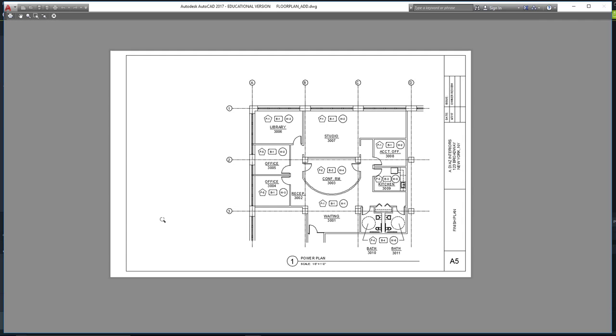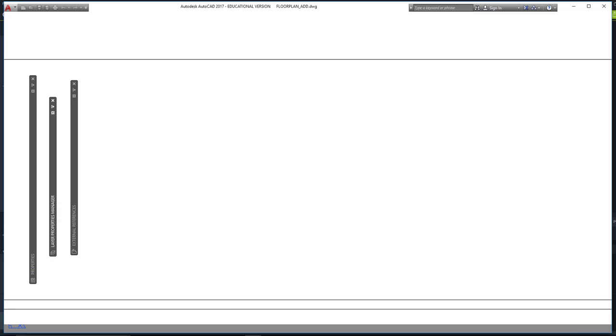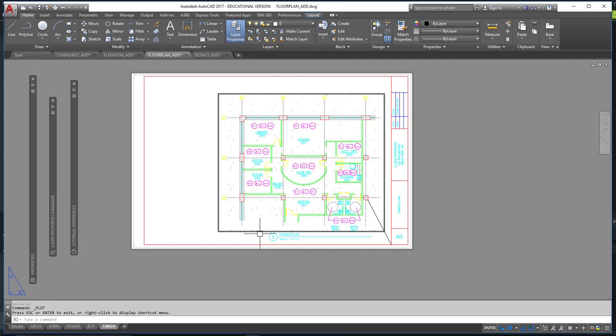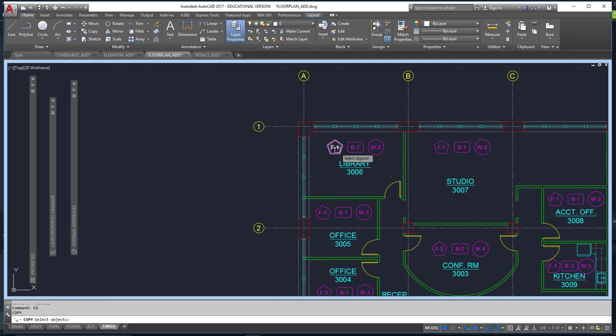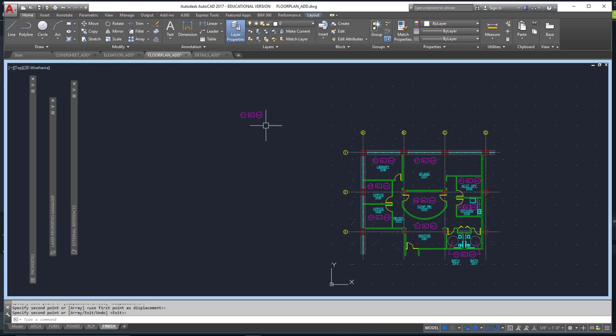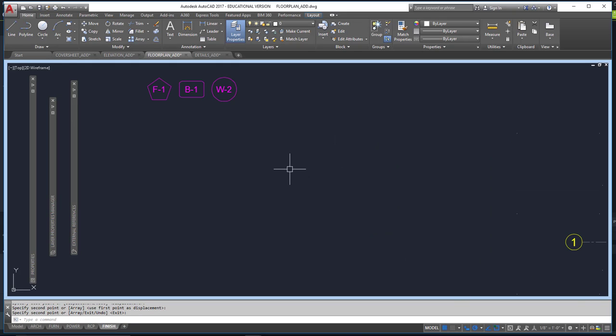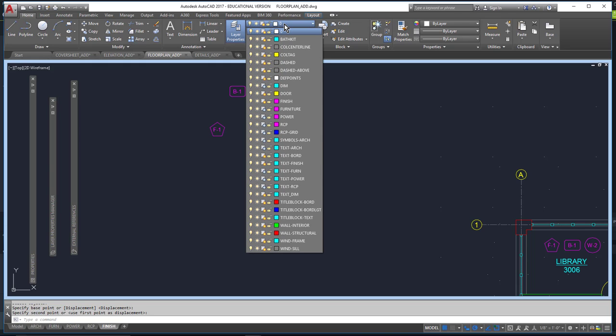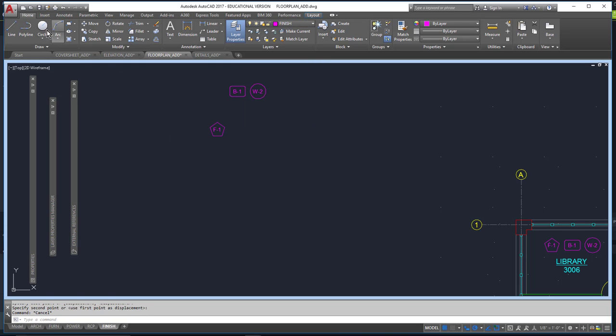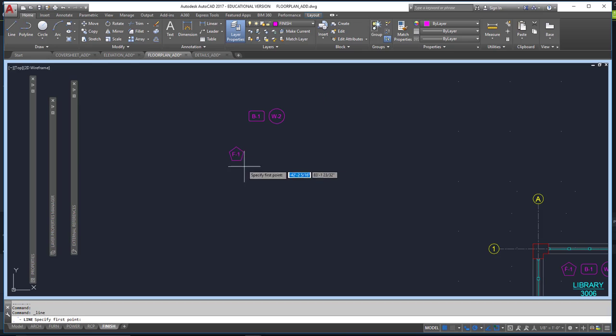Now I need a finish legend here, so I'm going to do that now. Double click in here. I'll start with, whoops, I'll copy one of these guys. Well, I'll copy all three of them over. And I move those up. And while I'm in the finish layer, let's see, actually,